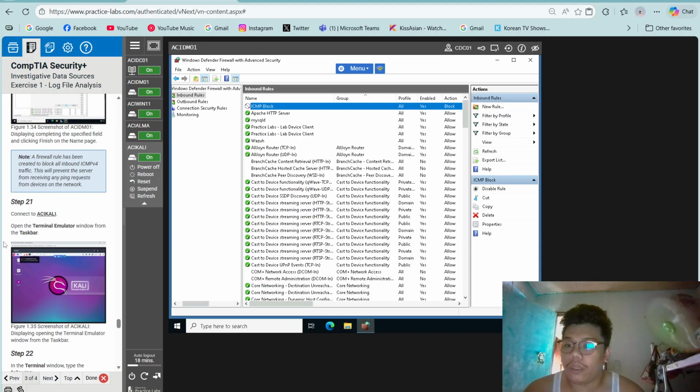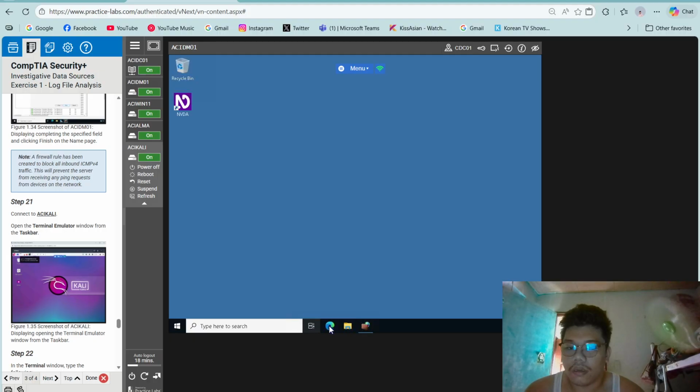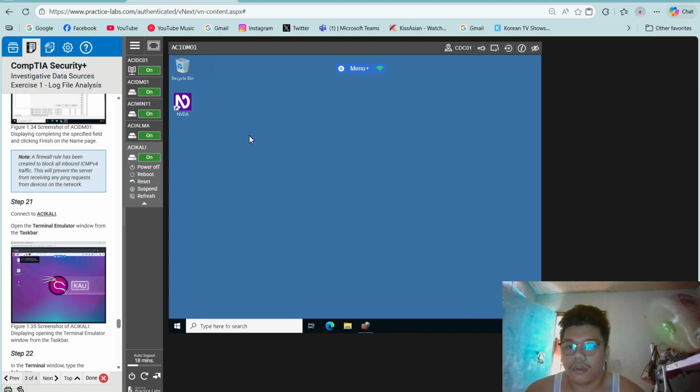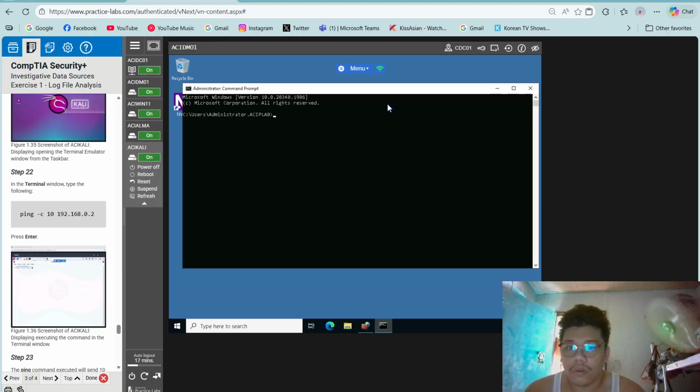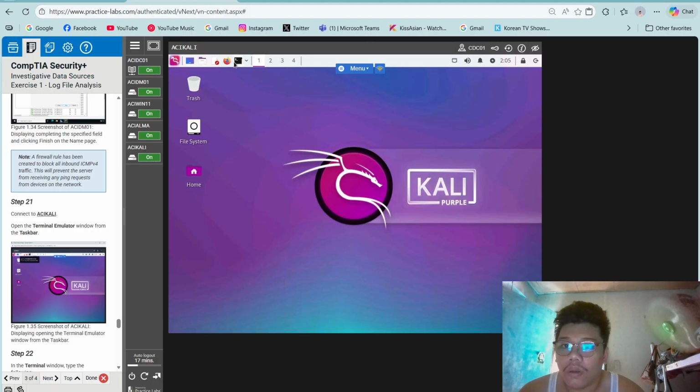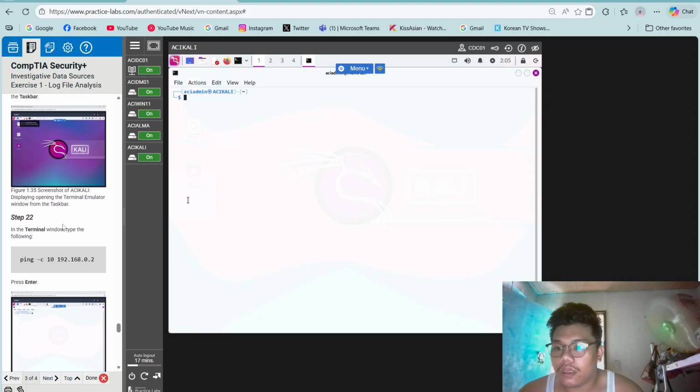Step 21, connect to ACI Kali. Open the terminal emulator window from the taskbar. Then step 22, in the terminal window, type the following: ping -c 10 192.168.0.2.